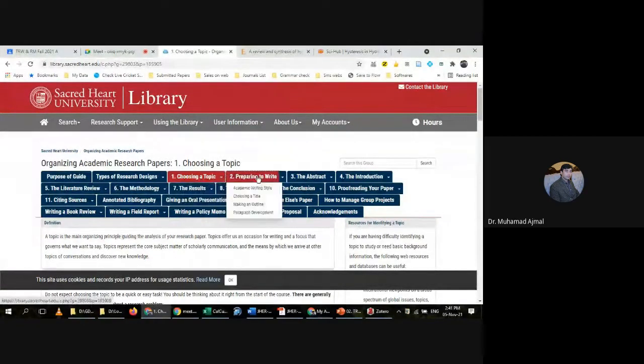Choosing a topic, preparing to write, the abstract, introduction, literature review, methodology, result, discussion, conclusion, and proofreading your paper, citing sources, and the other things are available for your guidance. So if this website is truly followed for understanding the different components of your research, believe me, you will excel in your writing, because they have explained each and every topic in a very detailed